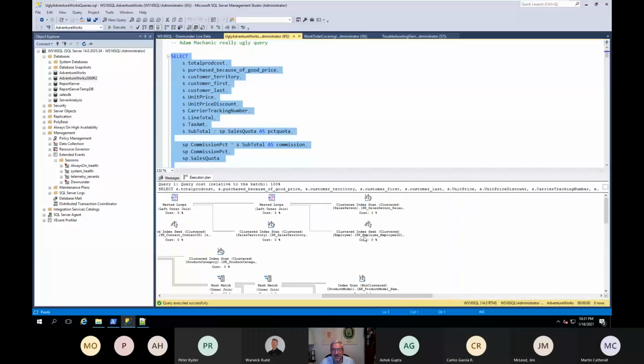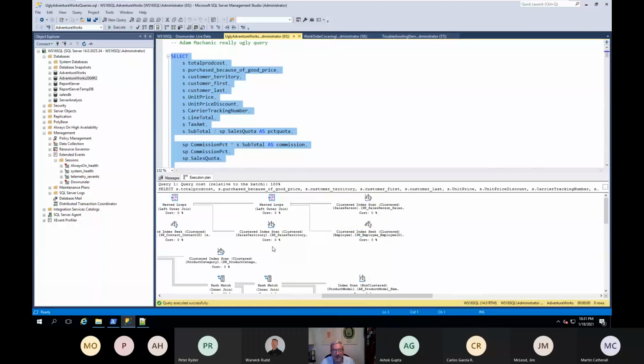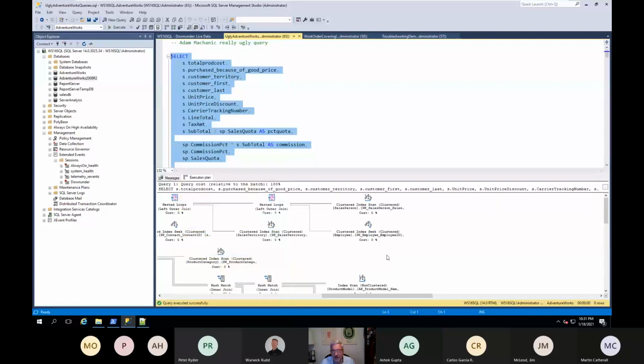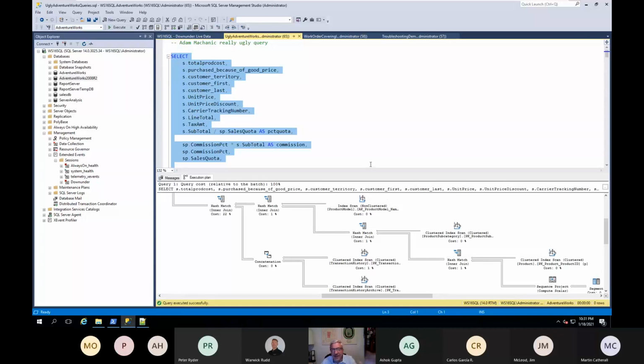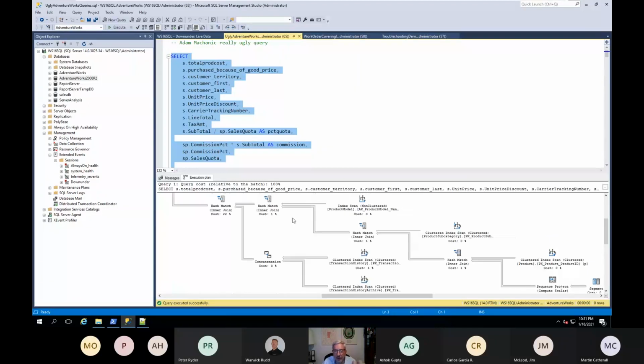Right, so I've got an index scan and an index seek, and those are joined together via a nested loop. And then I'm going to do this index scan and have another nested loop. SQL Server is going through a lot of work to satisfy that massive query. And this process allows you to understand what decisions the query processor made as to the best way to satisfy that query.